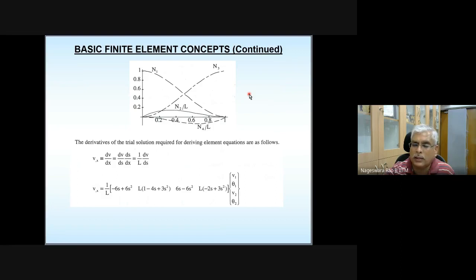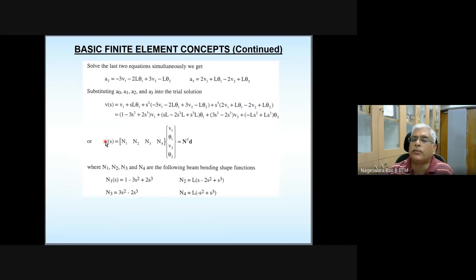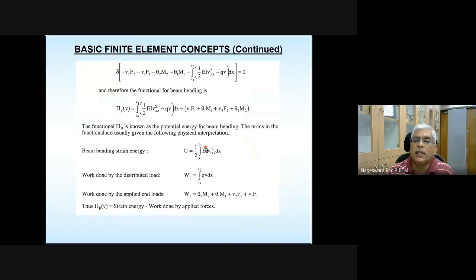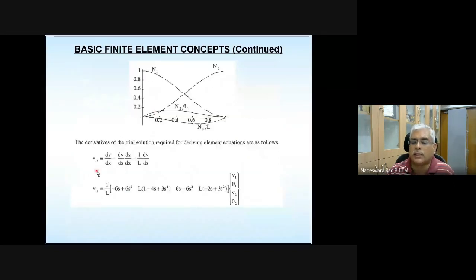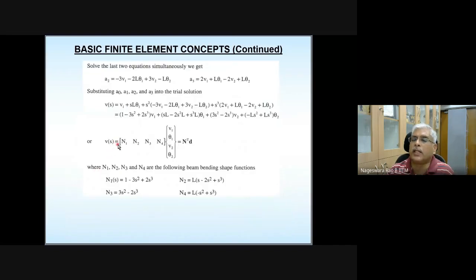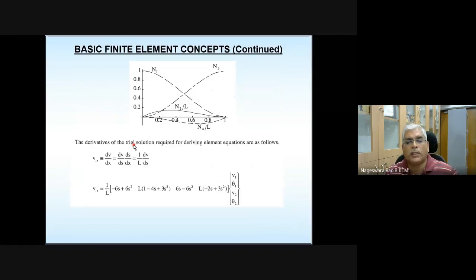So now you have the transverse displacement V in terms of finite element shape functions. You can write it as N transpose D. But in this equation I need to substitute the transverse displacement, first derivative and second derivative as well. So we need to take the derivative with respect to x one time and two times. Quickly I will show you, and after that I'm going to stop. If you take one derivative, this is how it looks.